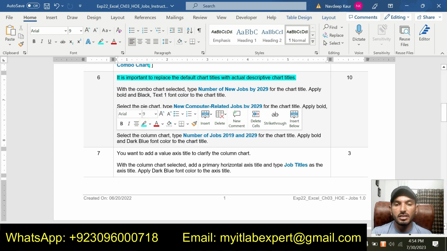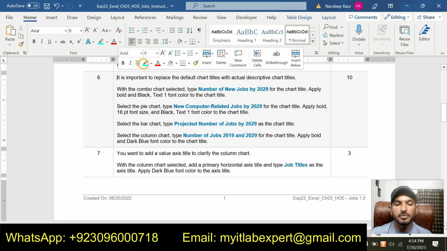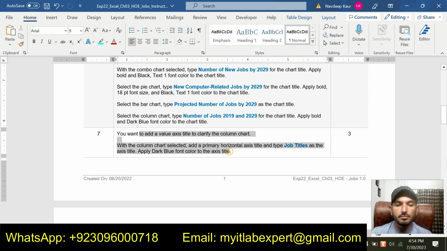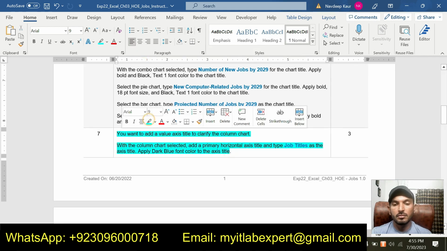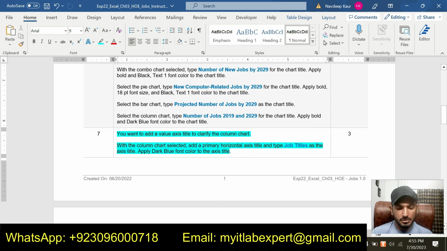So we are done with step number 6, and now we will move to next step, that is step number 7. You want to add a value axis title to clarify the column chart.